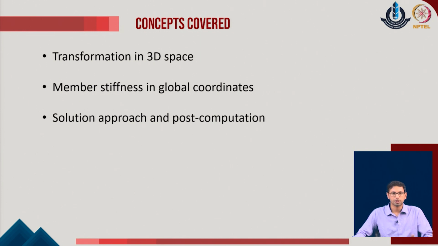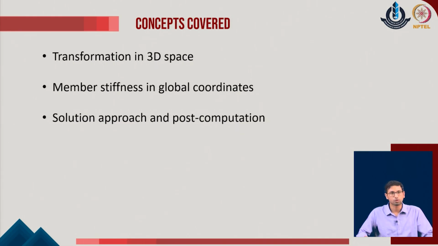So it is expected that when you go through the content, you also try to see it again. Maybe you can also refer to the standard text which is referred in the course, and that will make things clearer for the general implementation. So as we move through the content, we have a transformation of the 3D spaces, the member stiffness which will be identified for the given system, and then we will also look at the general procedure of the solution approaches.